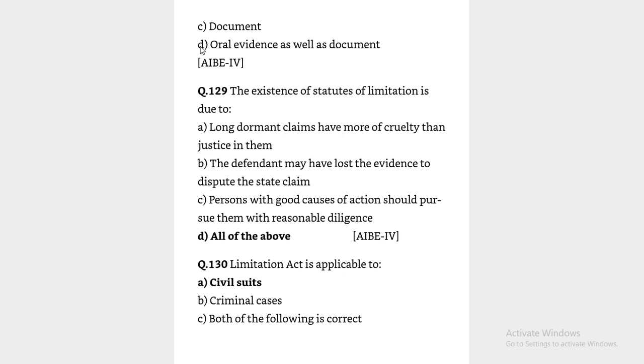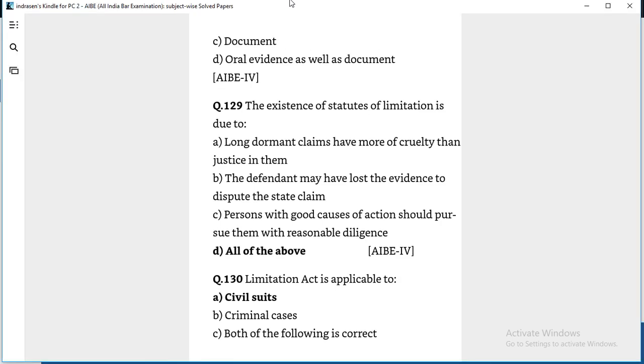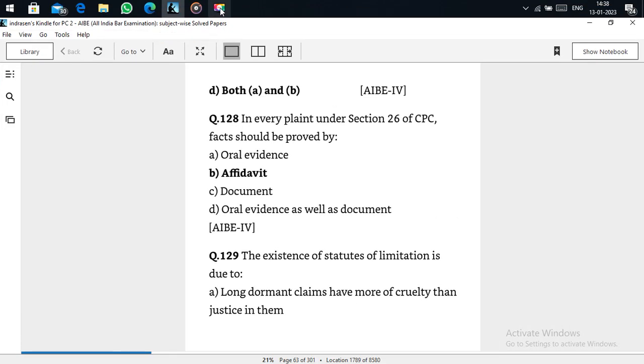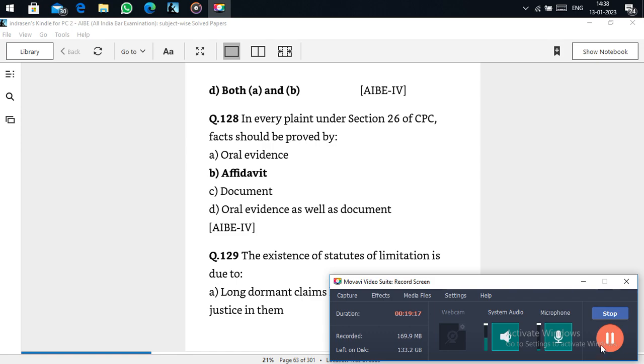Okay friends, with this I think we have completed CPC based on the previous year's question papers, and in the next session we will be